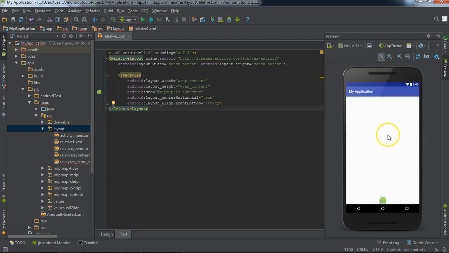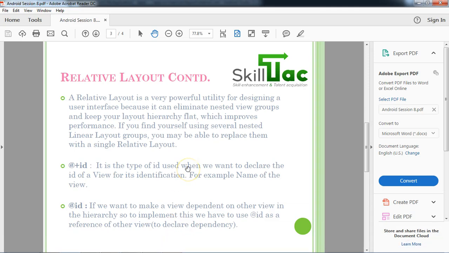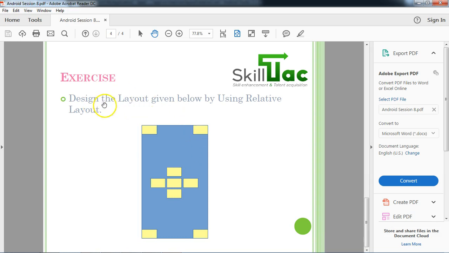But if you want to use the image right at the center of the screen, without any alignment towards any side, then you can use a single property, which is the center parent property. Having read or studied about the image view and how to use the alignment properties for a view, we will do an exercise in which we will design the layout given below by using the relative